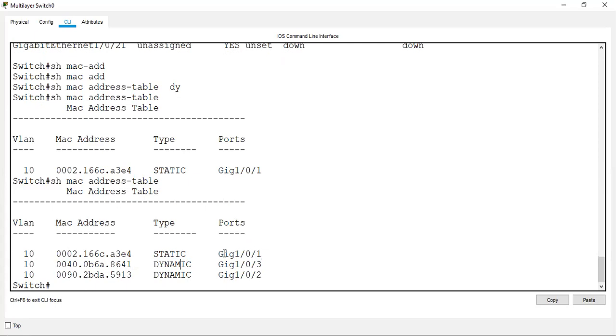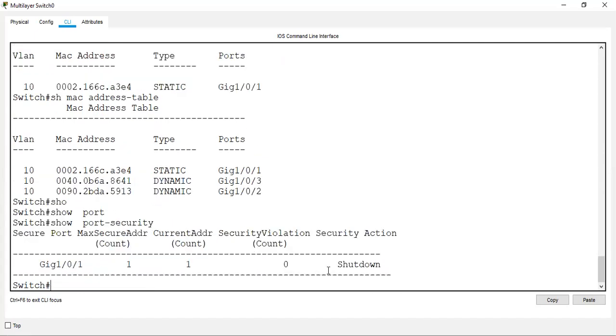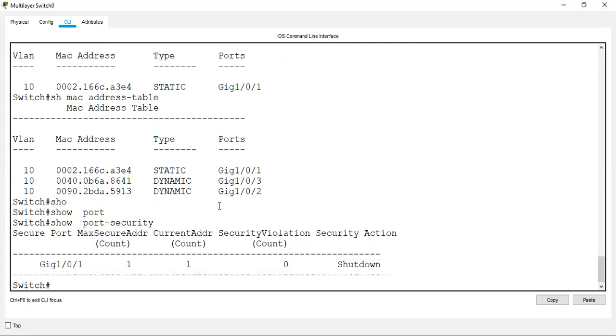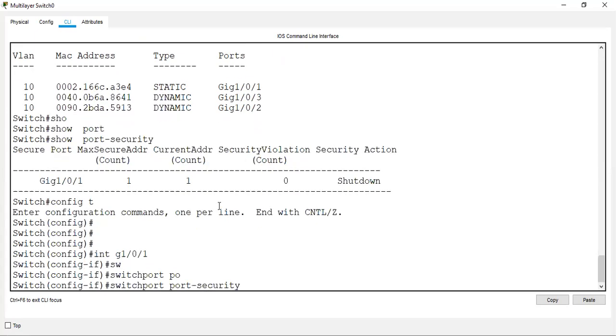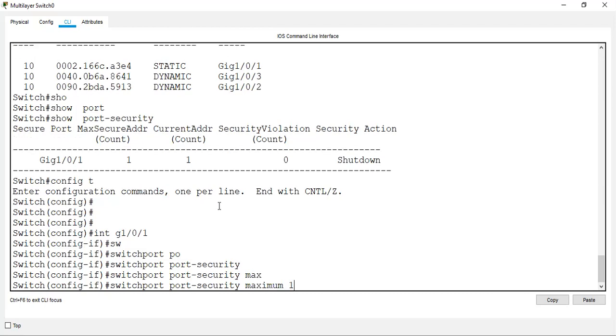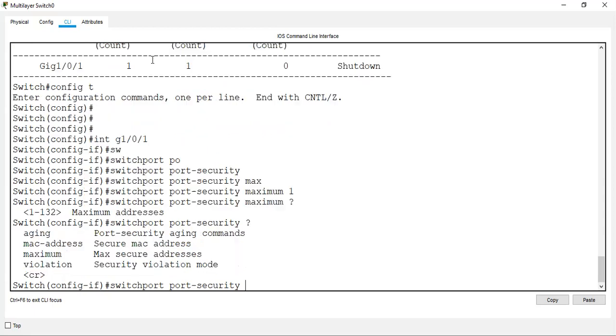We will configure port security now. Show port security is the command. And you can see the default port security violation is shutdown. So let's say interface G1/0/1. Switchport port-security is the command. Switchport port-security maximum 1: I'm going to allow only one MAC address. Then we can put the MAC address.